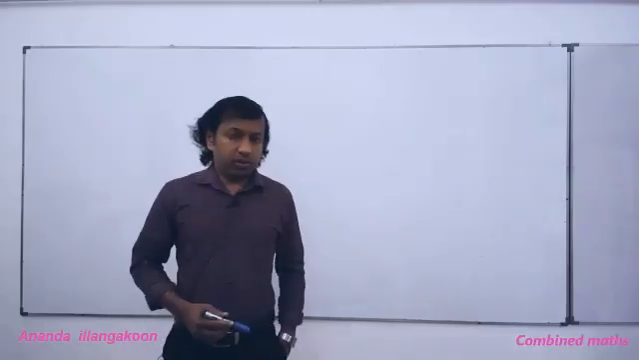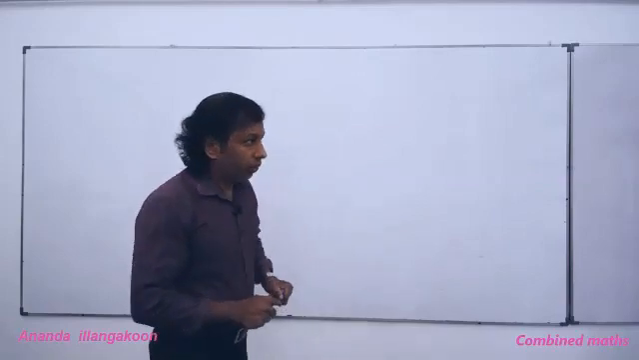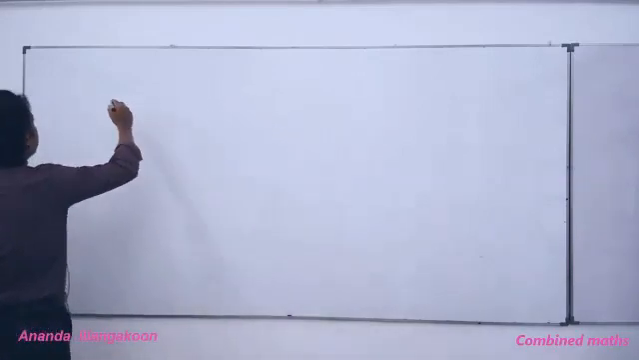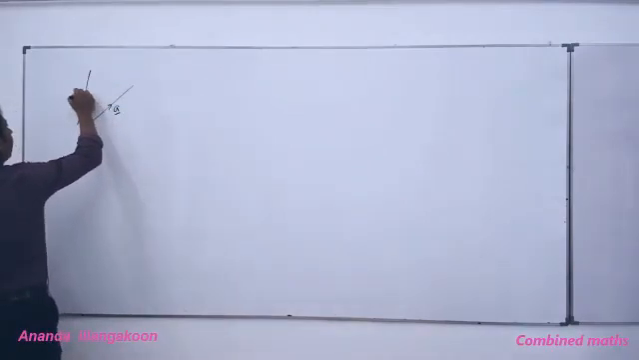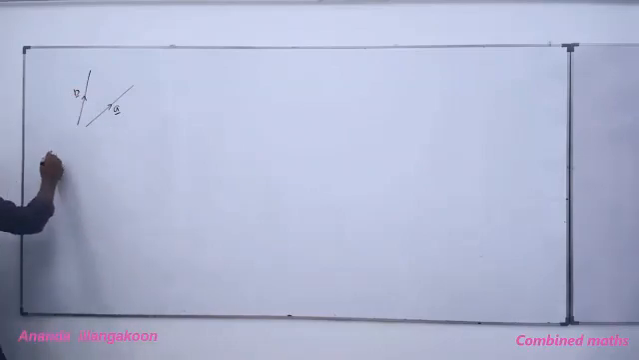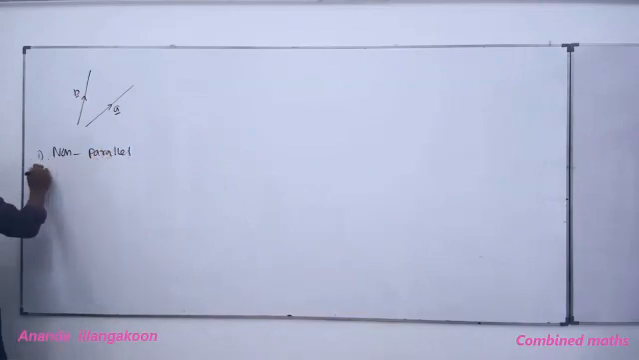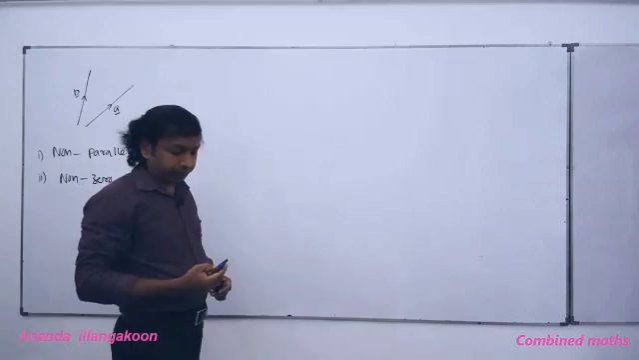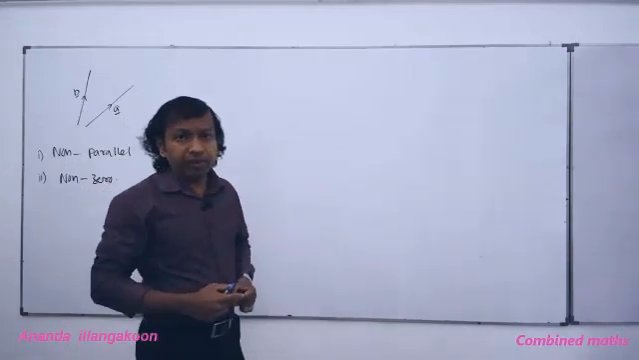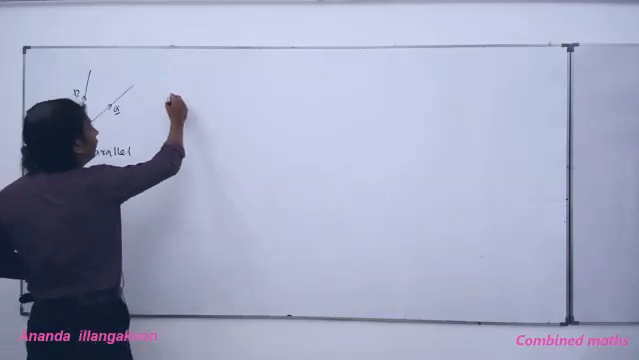Last week we discussed one theorem. That theorem was when we have two non-zero, non-parallel vectors, vector A and vector B. When A and B are two non-zero, non-parallel vectors, if A and B